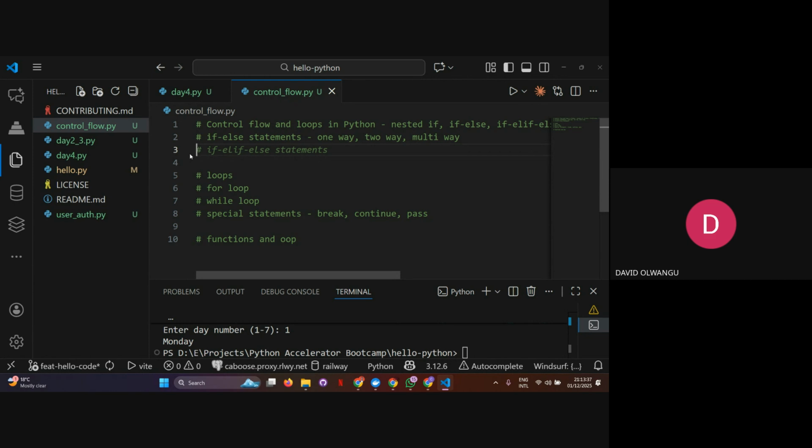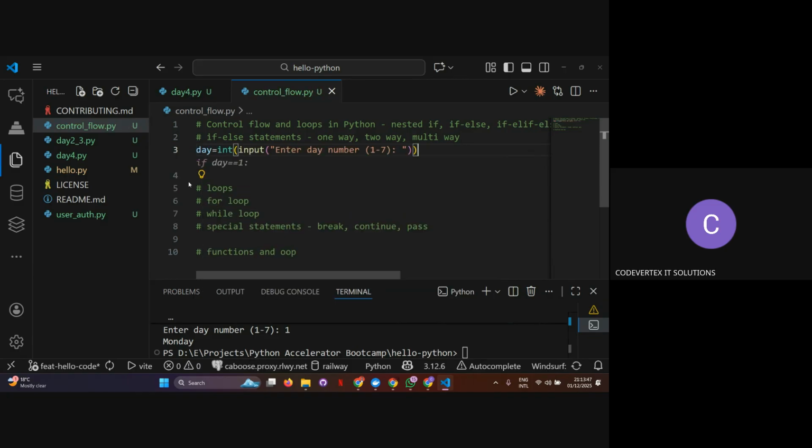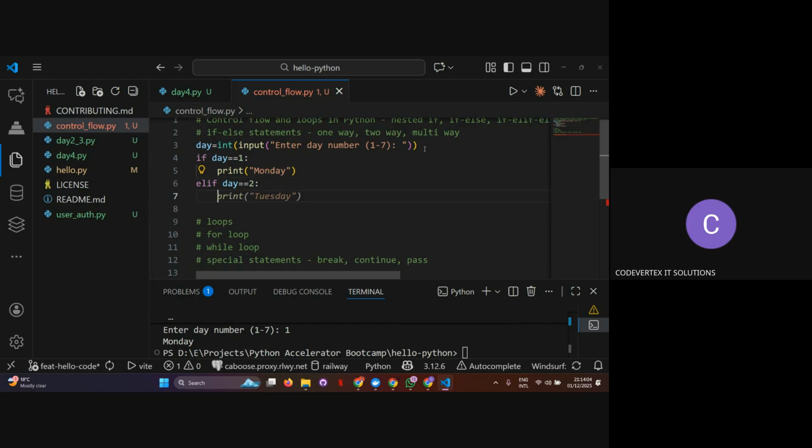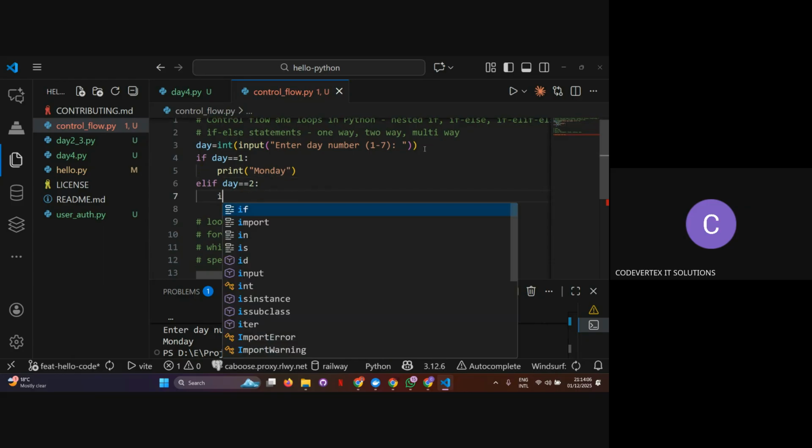If day is Monday, go to work. Okay. So day, and then we are going to say if day is equal to 1. Actually, that will not give me a nested if, but let me just do it. So I'm going to say if